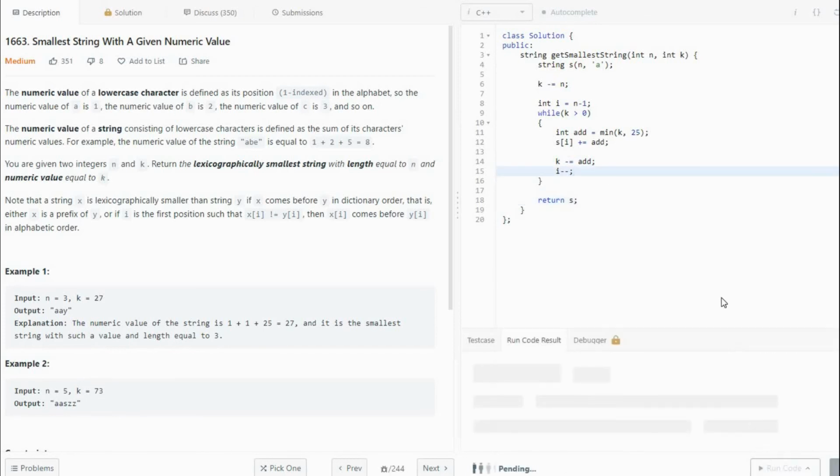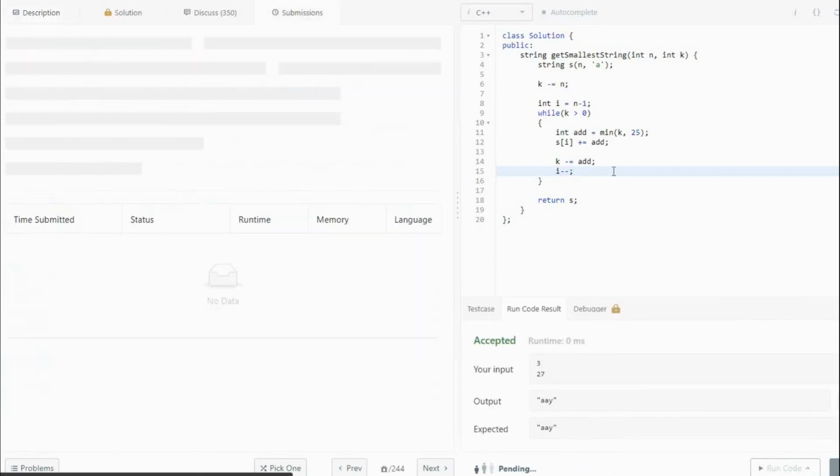So now I'll run the code, accept it, and then submit,